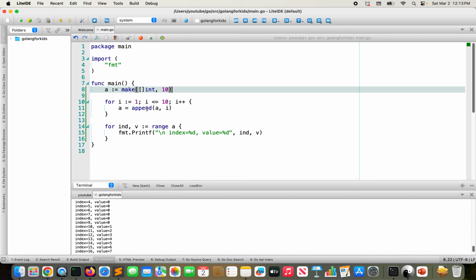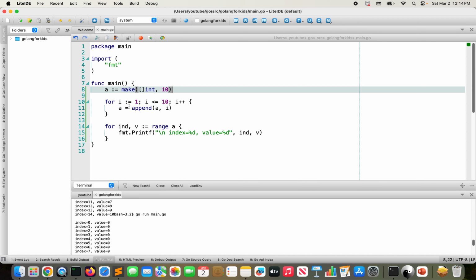Okay, so one thing we notice here, it's getting appended the item here, but for the initial size I've given 10. So all the values inside this are default. It will be initialized with 0, and then we are appending on this slice. So there are already 10 items, and then we are adding more items over there. But if you want to add the item inside this slice where the size is 10,